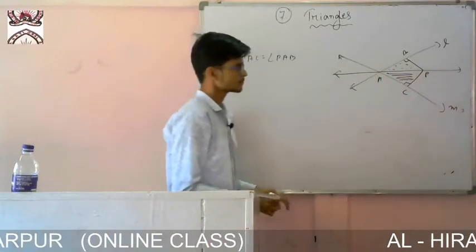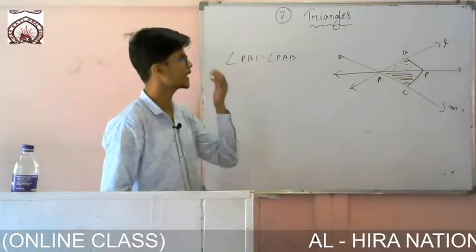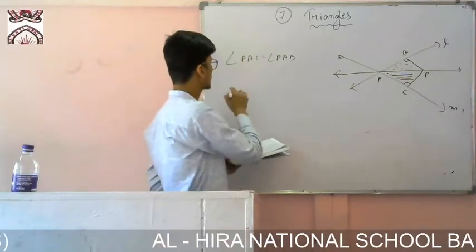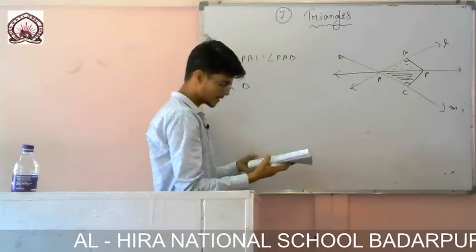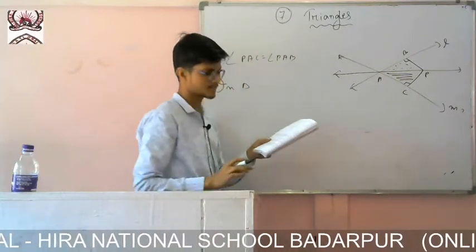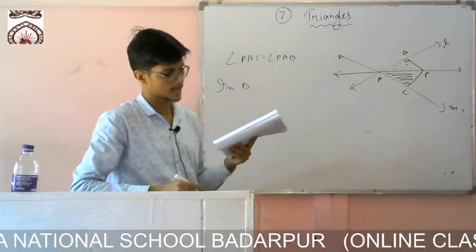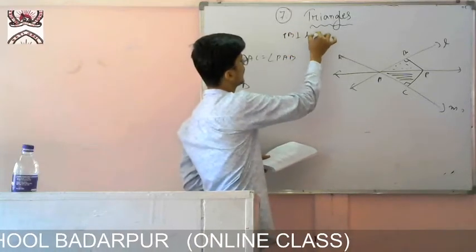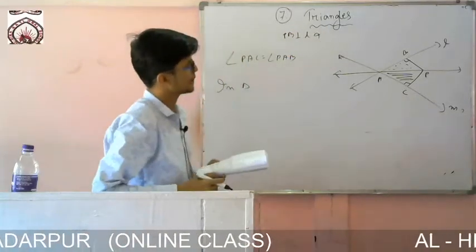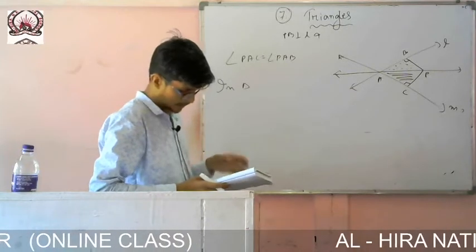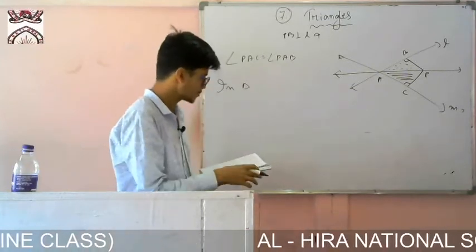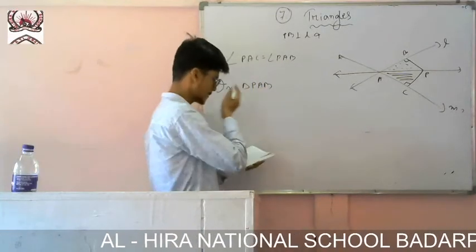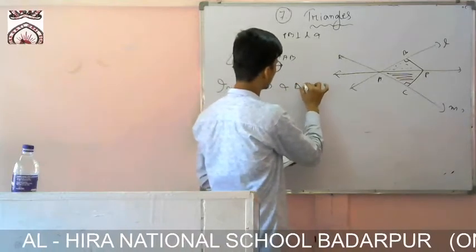Okay. So very easily I can show it, if I can just show that these two triangles are congruent. So you see, first of all you write what is given: given L and M intersect each other at A, change the line, you write let PB be perpendicular to L and PC perpendicular to M. After that you write to show, or no need to write to show, just write as you have done normally in all the sums. You write like this: in triangle PAB and triangle PAC.